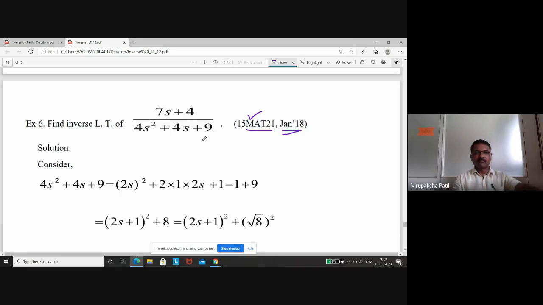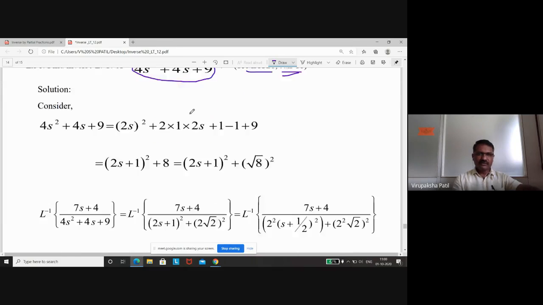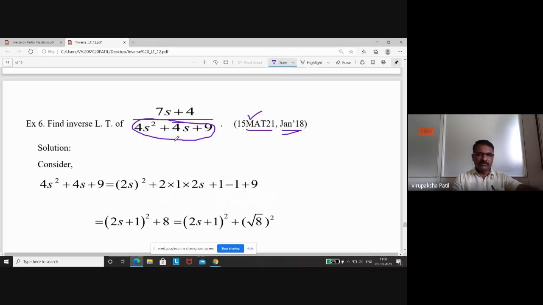Okay. Now, before finding this, if s square, s raised to 4, s raised to 6 is present here, you need to worry about this quantity. So what you need to check first is whether it is possible to express this as a perfect square or not. I have used a different technique here. In your book, they have given a different technique. Whichever you feel easy, you can go for that. Now, I will tell you both the techniques.